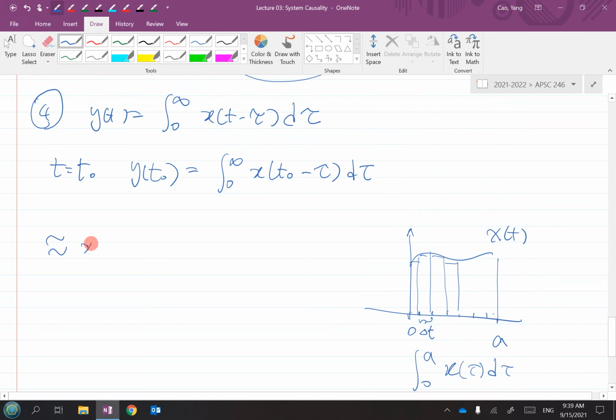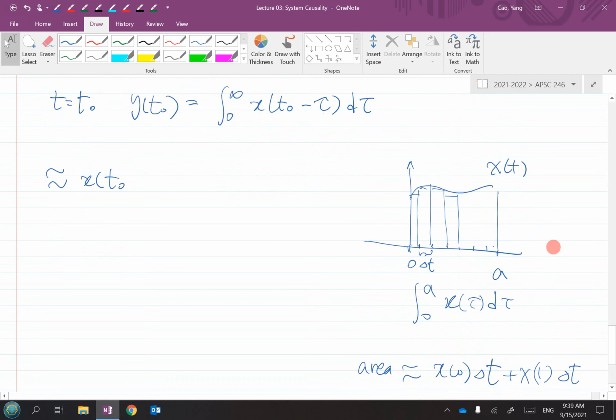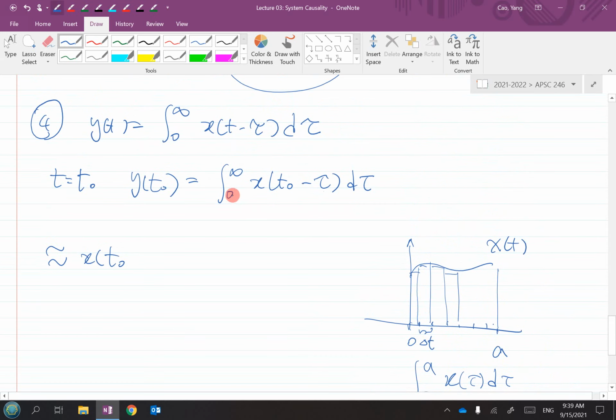So I guess what I could do is, here's a t naught. So the tau here may be like what I did. I start from 0, because the limit goes from 0. So minus 0, and then multiplied by a certain very small interval at the bottom there. Okay? And the next one is x of t naught minus, let's say, call it 1, and then multiplied by another small interval, delta t. So delta t here,